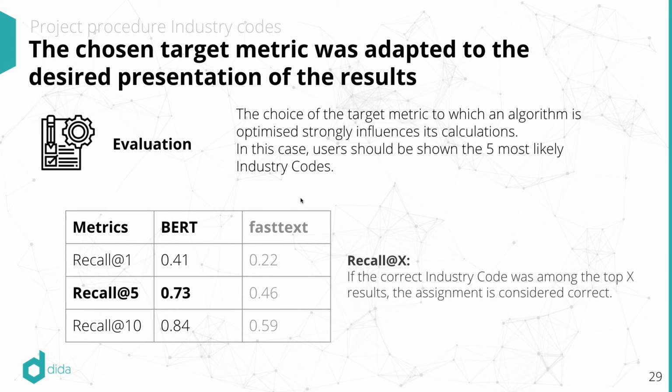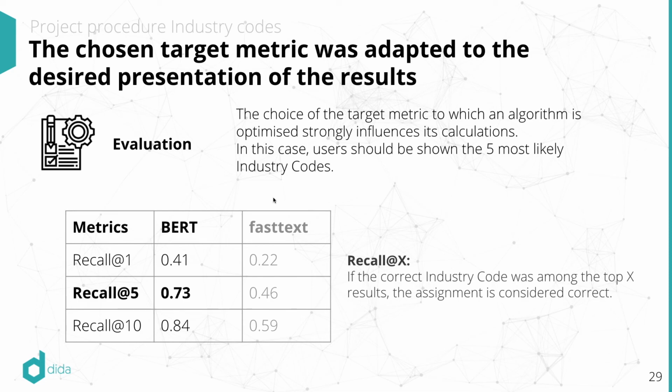For comparison, to the right you can see in gray a fastText implementation using only single word embeddings as shown earlier in this presentation, and you can see that it performs way worse. This hints at the fact that we probably need context awareness and context understanding